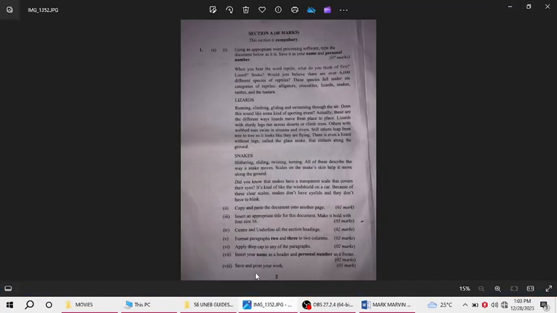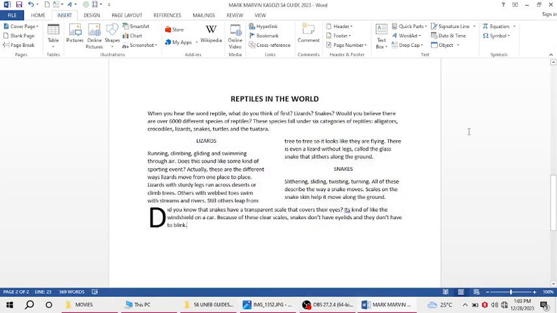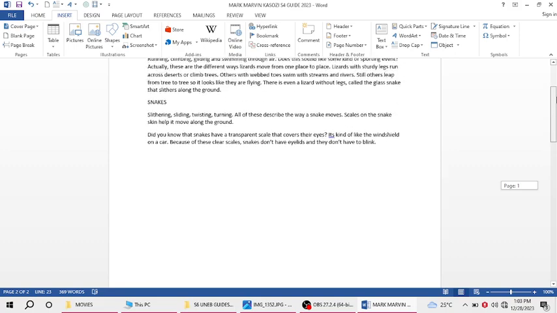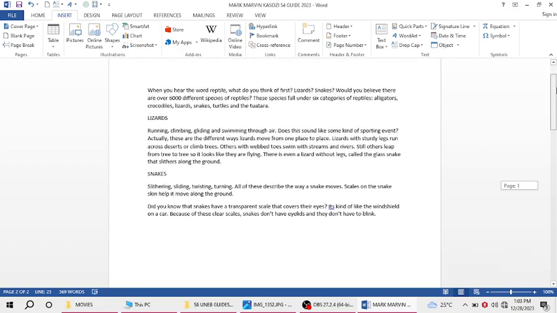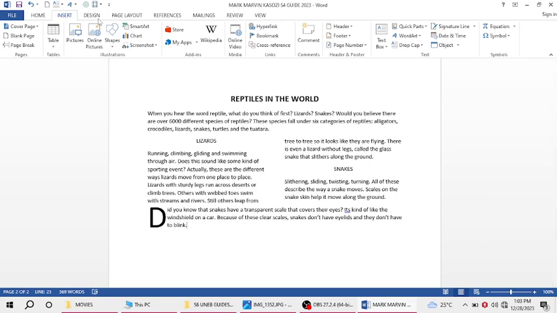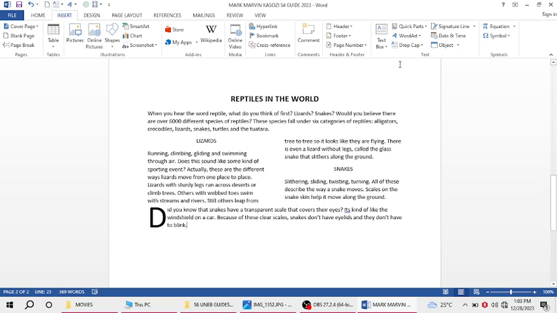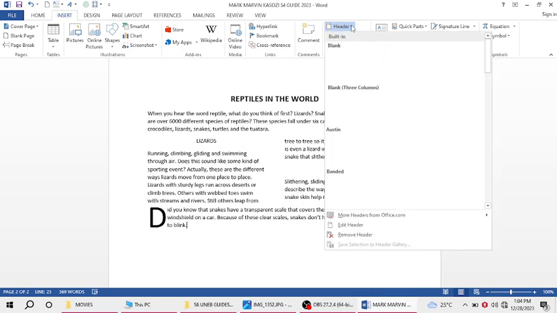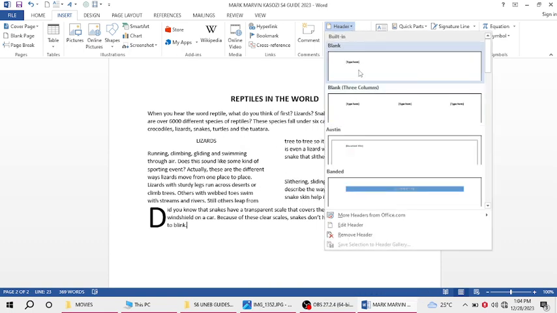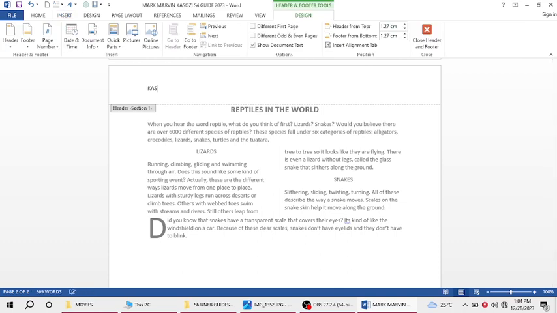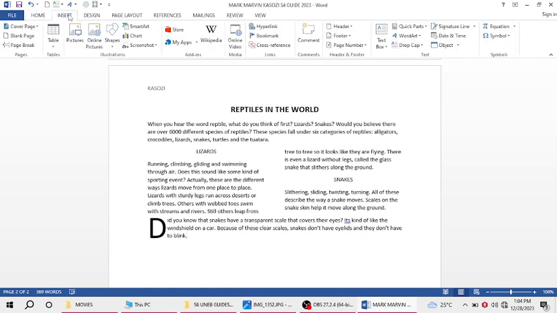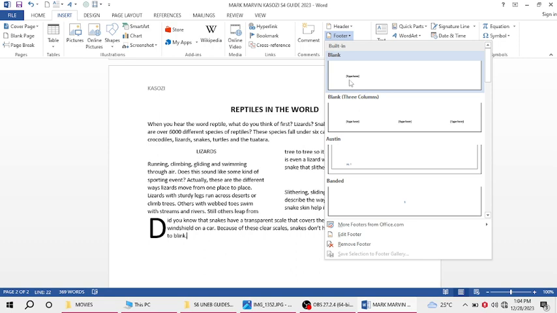Then insert your name as a header and personal number as a footer. You see, I'm making changes on the last paragraph. The first one is original. So insert a header and a footer. Header, name, footer, personal number. So I can go to insert, then I go to header. At headers, I can select the type of header I really want. First one, probably. You can insert a header, close, then insert, go to footer, probably the first one,